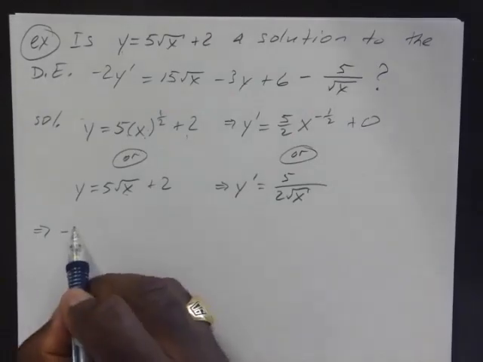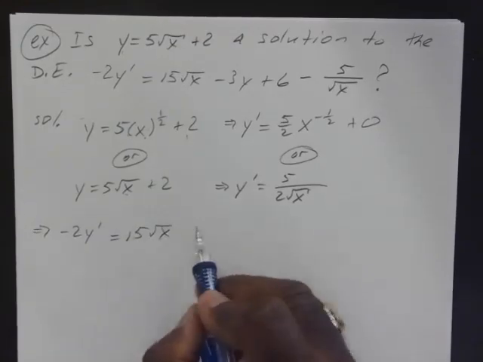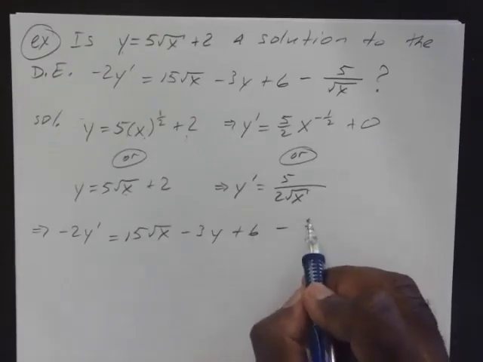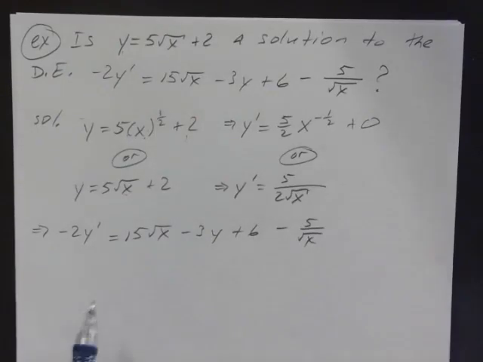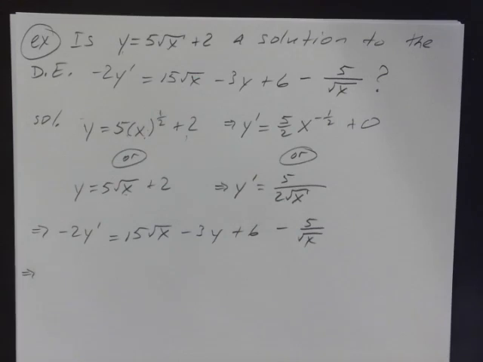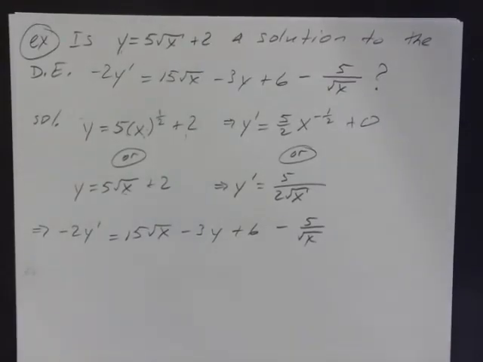Okay, so that means our negative 2y prime is equal to 15 square root of x minus 3y plus 6 minus 5 over square root of x. We can just substitute. Okay. Another way to do this one, actually, we could substitute, but I think that one might be a little bit longer. Another way to do a problem like this, which might be a little easier depending on the problem,